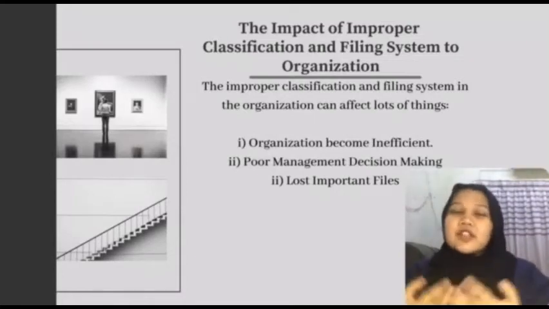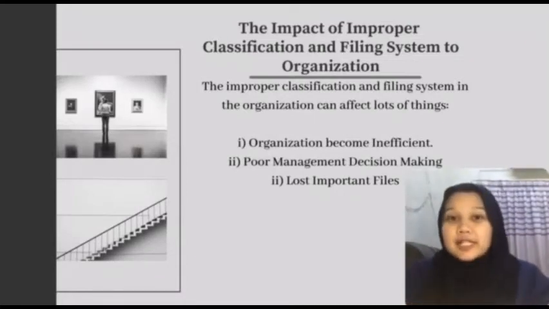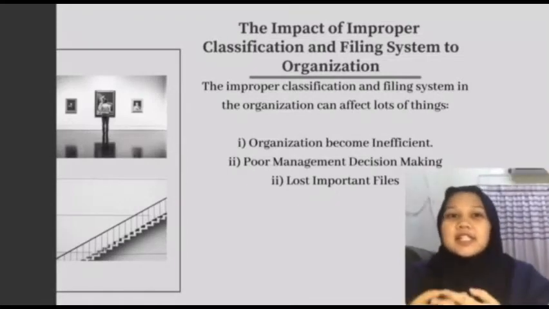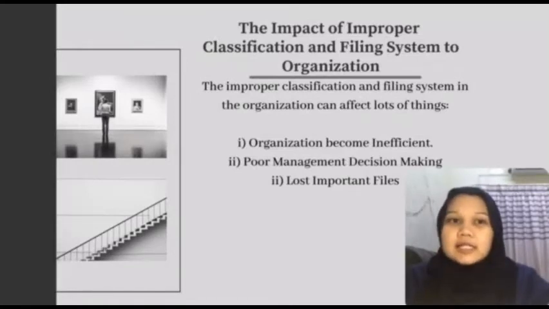Lastly, according to Neil Kokimula 2016, improper classification and filing system in an organization can cause loose files. If the organization does not use an effective filing system to keep its files, it will have a bad impact, especially when the customer has requested the file. Losing files can also cause the organization to lose information. The organization easily loses its customers if it does not organize its customer files properly. Overall, the impact of improper classification and filing system will have many adverse effects on the record management system in an organization.